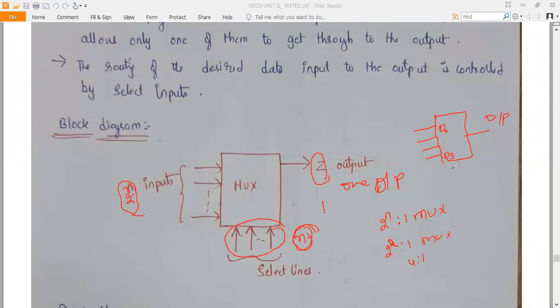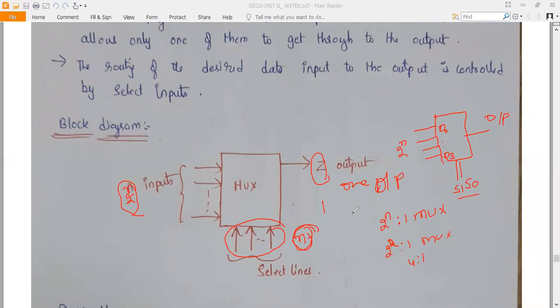The selection lines are n, so here there are 2 selection lines, S0 and S1. In this way the 4 is to 1 multiplexer looks.